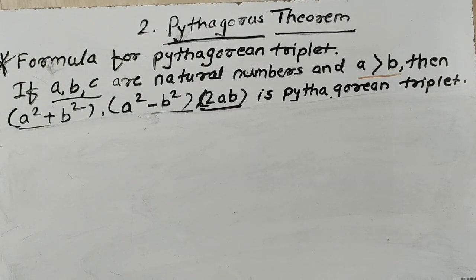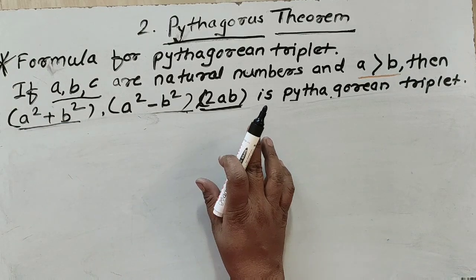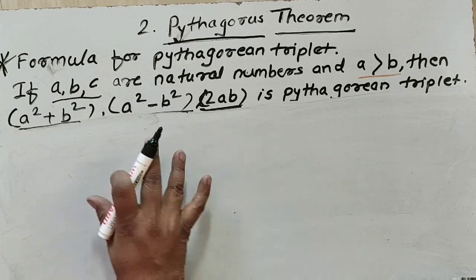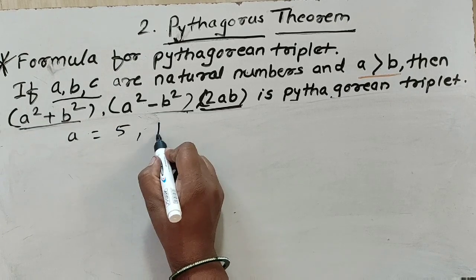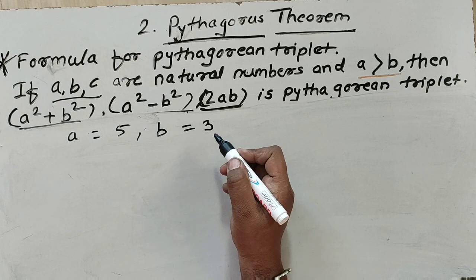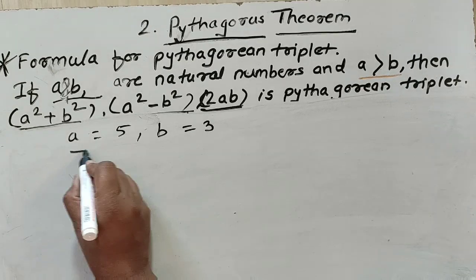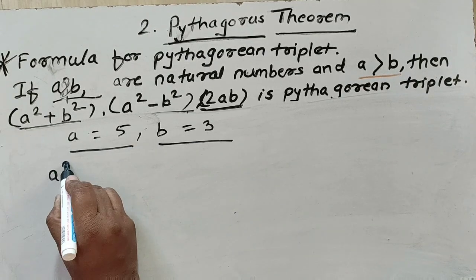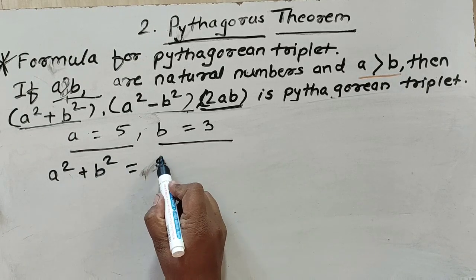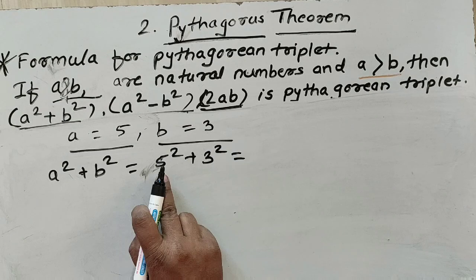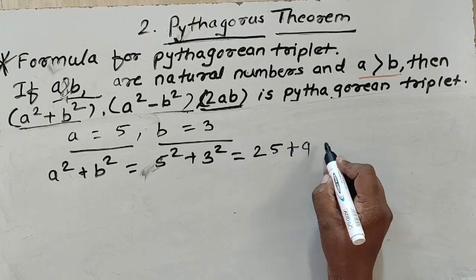Now we have seen that a square plus b square, a square minus b square and 2ab is a Pythagorean triplet, and we will solve an example to show this. For that we will take the value of a equal to 5, b equal to 3. So a square plus b square means 5 square plus 3 square. 5 square is 25, 3 square is 9, and its sum is